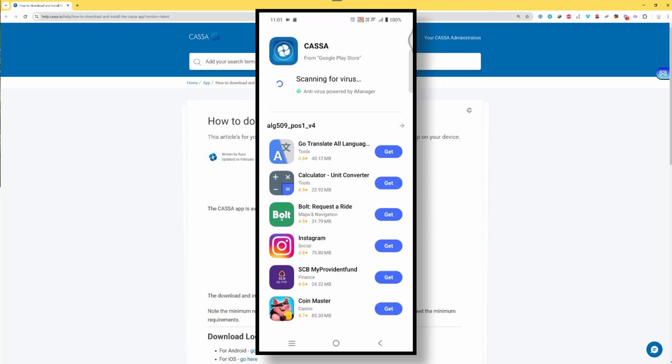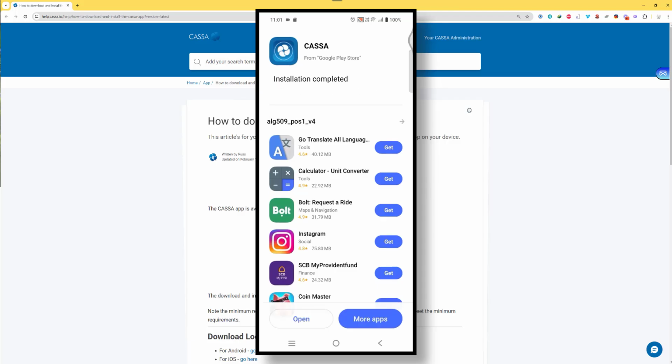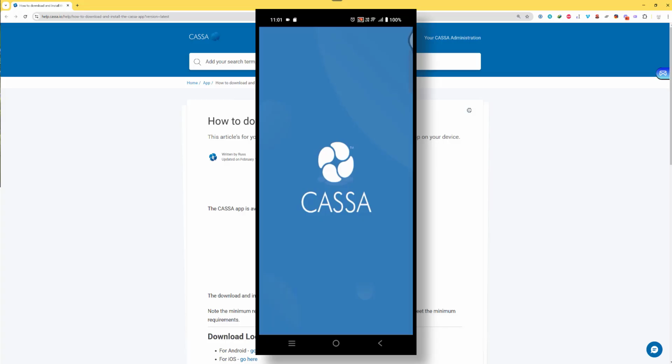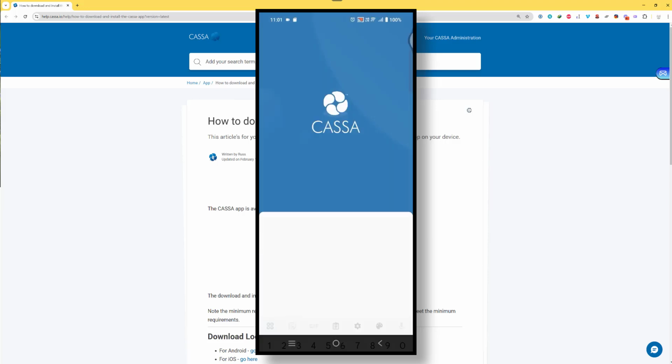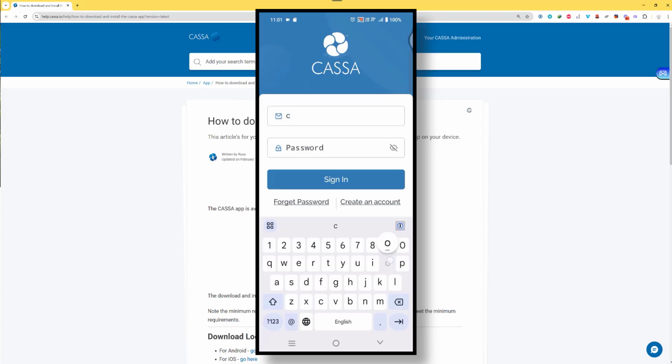Scanning for viruses, and there you go, installation complete. Click on open. And then if you've already registered, which you probably have, click on sign in, enter your email address and password,